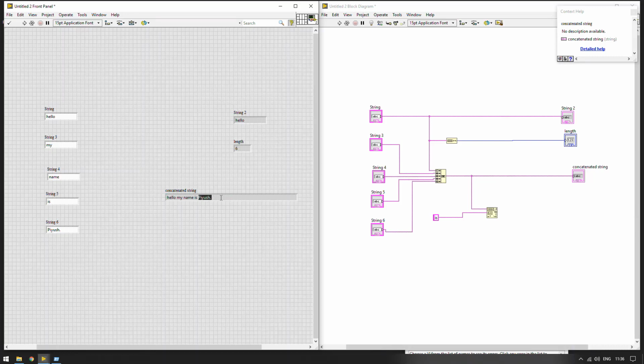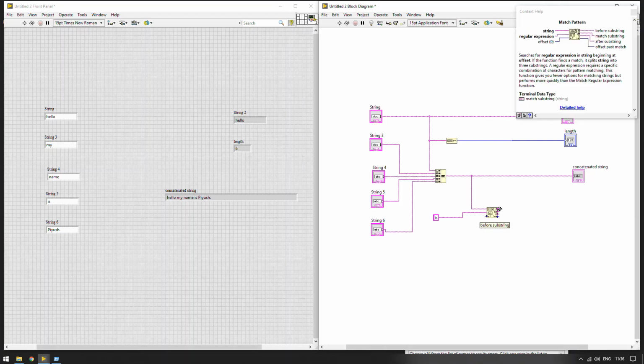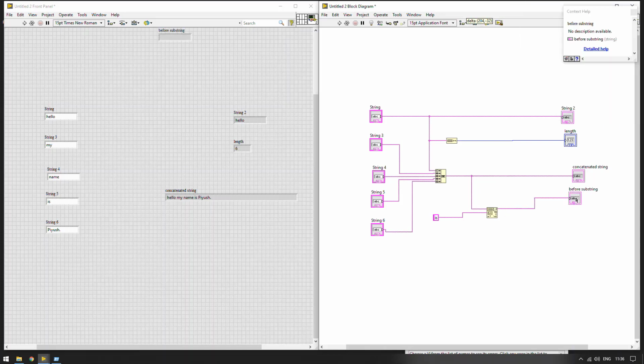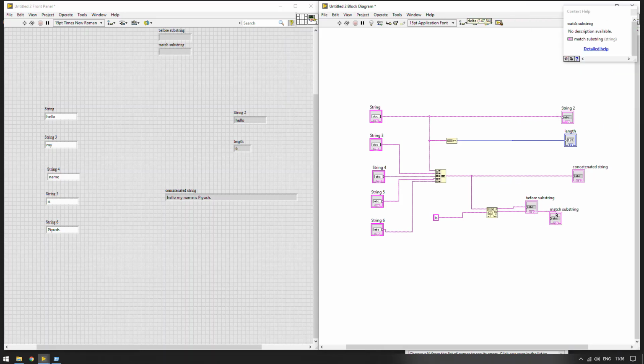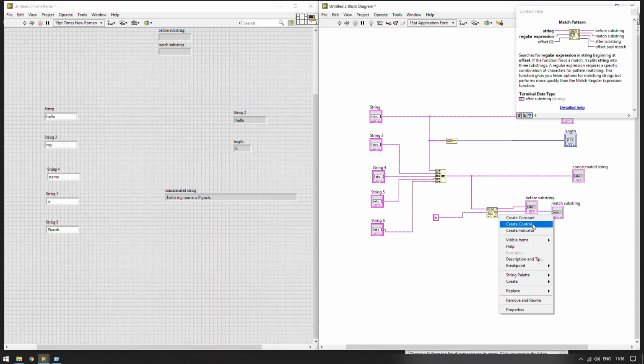So let us get the output. This is the before substring, create indicator. This is the matching substring, create indicator again, and then create indicator again for the after substring.